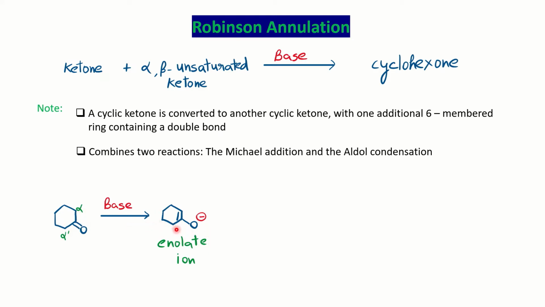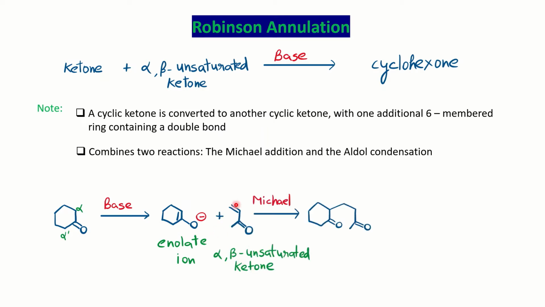the conjugation present here, and this enolate ion will react with the alpha beta unsaturated ketone. This reaction is called the Michael reaction, in the presence of base obviously. You can see the reaction will take place through the carbon, so basically it is a carbon-carbon bond forming reaction. The lone pair of electrons from the oxygen will go back, and the alpha carbon will attack the alpha beta unsaturated ketone. On 1,4 addition, it will attack the terminal carbon, followed by conjugation.